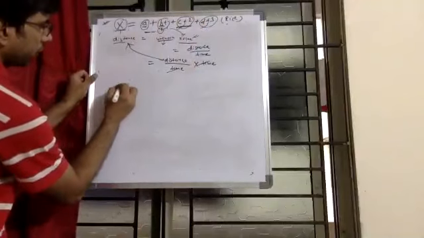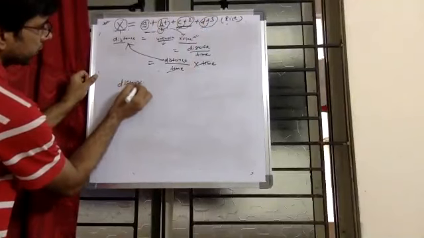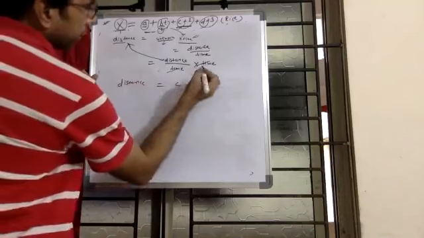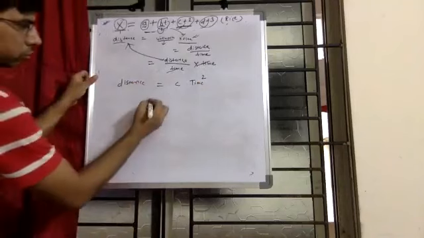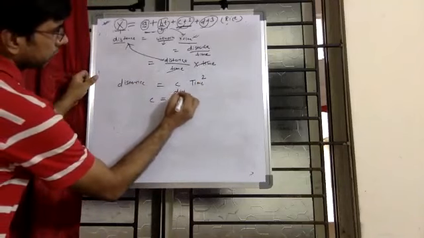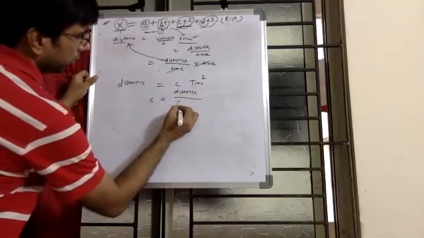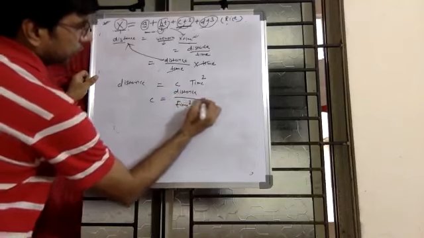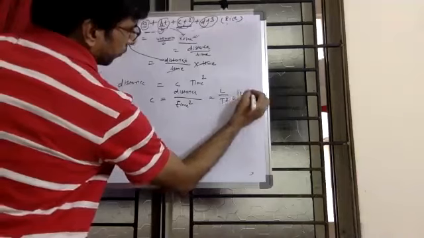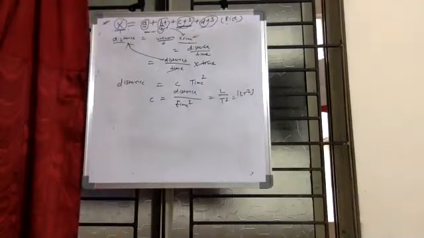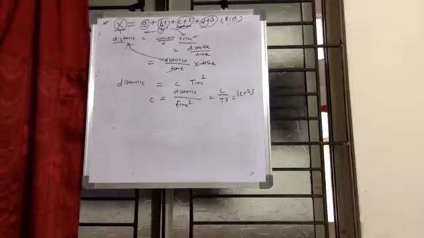So again, what I am doing, this is distance. C we don't know, and t square we know. That is time square. So what will become the C? Distance upon time square. That is LT minus 2. Are you agree on this, or still we'll explain? I will go through this again. No, sir, now it's clear.